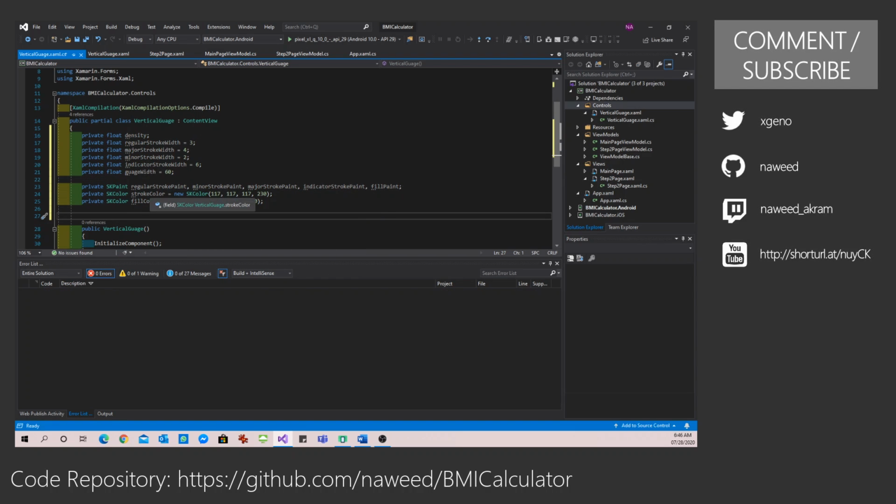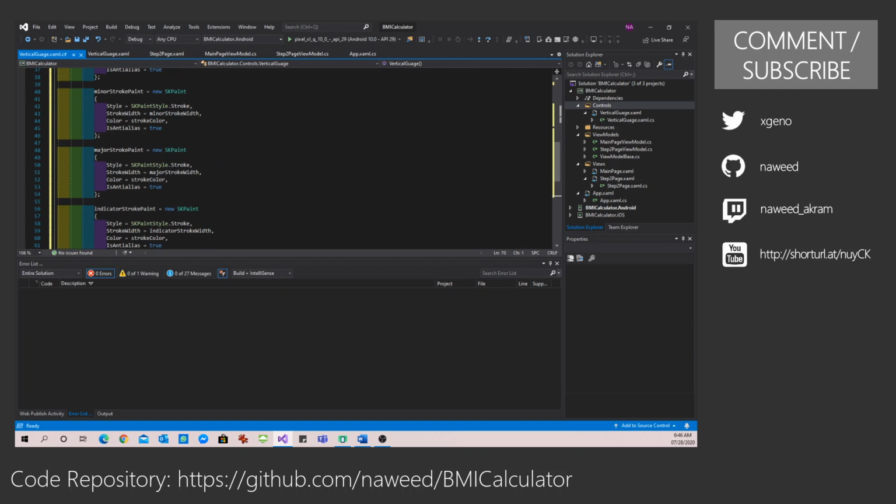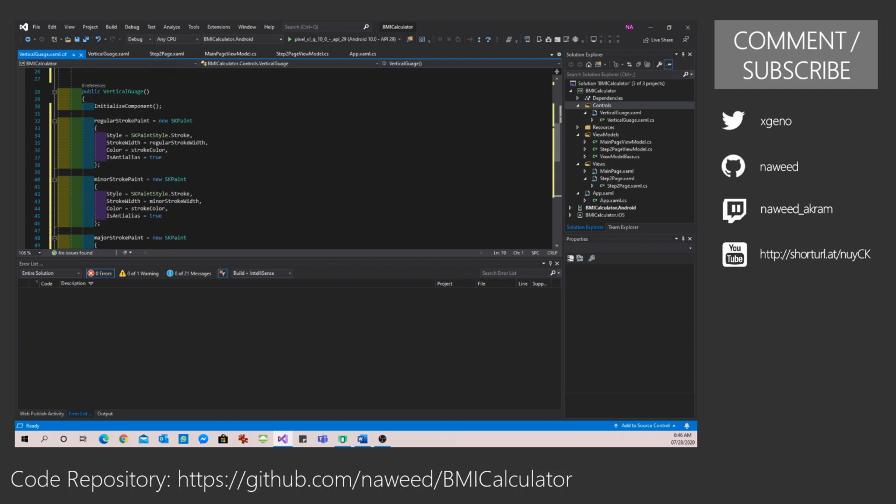So we have a stroke color, a fill color, and we have some stroke paints. I'll explain to you when we come over to this. For now, I'm just going to define. So let me go to my gauge, and this is a one time thing. I don't want to be creating this every time, so I can define this in my constructor.